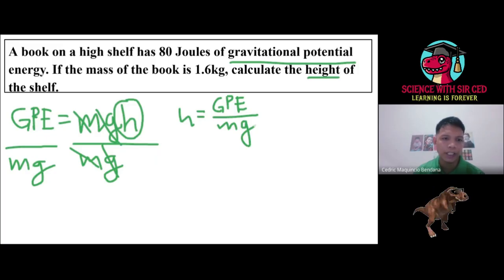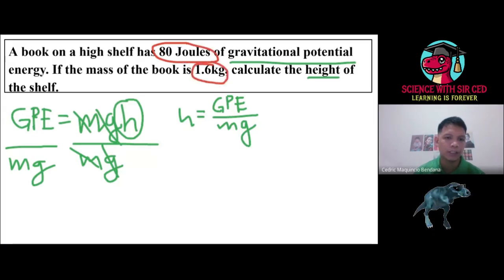Is there GPE available? Yes. According to here, 80 joules of gravitational potential energy. GPE, check. Is there mass available? This is mass, 1.6 kilograms. Mass, check. Gravity. So gravity is 9.8, so everything is present. Let's substitute. So height is equivalent to GPE, 80,